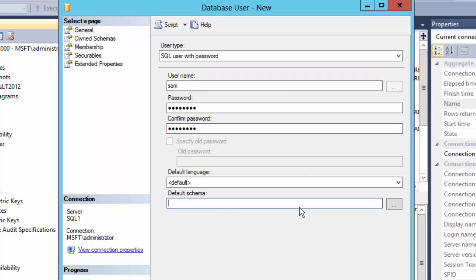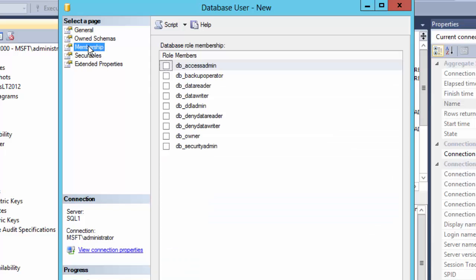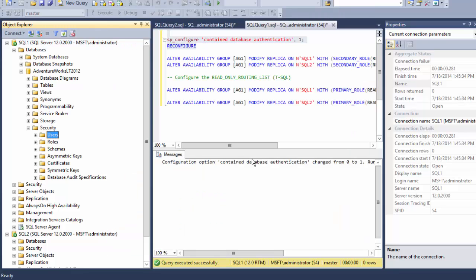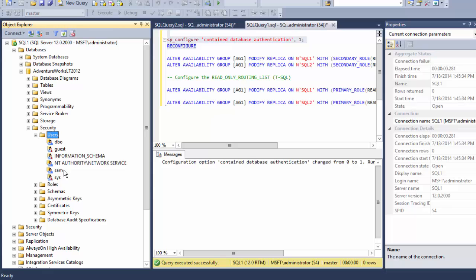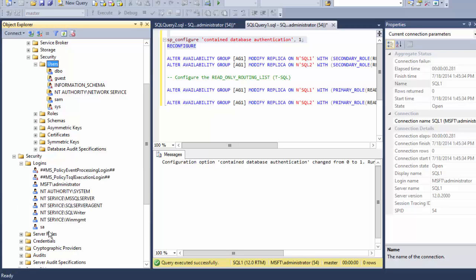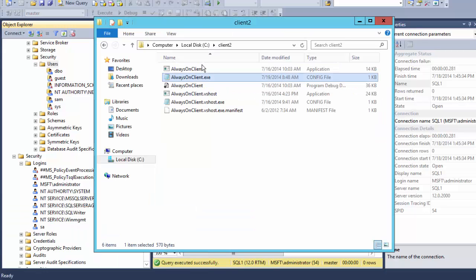So I've created my user account, I've assigned them to a schema, and I'm also going to assign them to the db_owner role right now. What you will notice is that the user account now exists under my database, but if I look under security of the instance, that user account is not found. If I go over to my application,